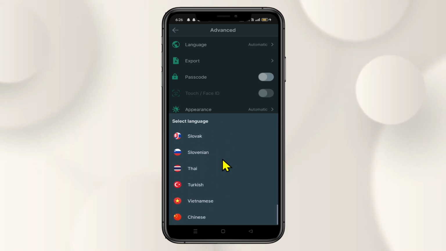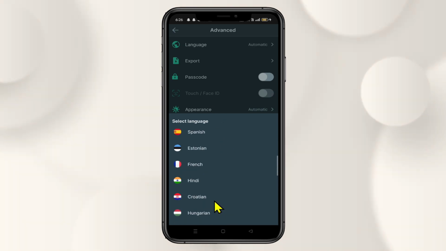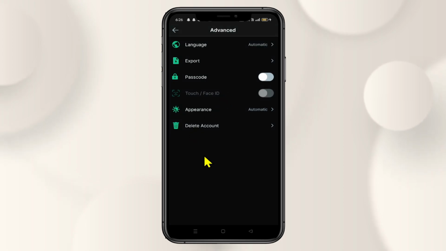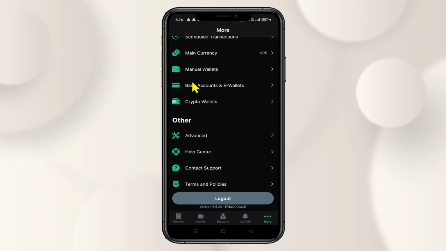Now there are a few options to choose from for your language, or you can also choose to have the automatic language selection system, which will choose your language based on whichever language is used within your phone device system. After choosing your desired language, the application will restart and your chosen language will be applied to